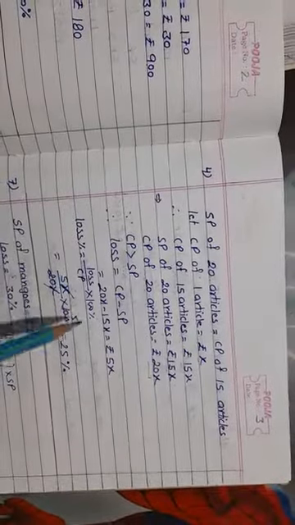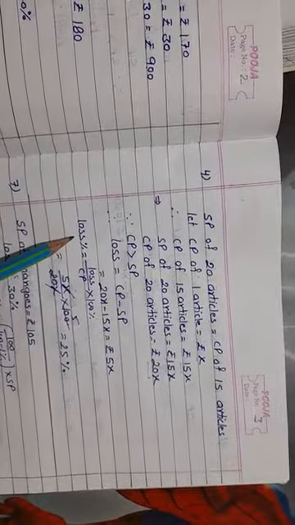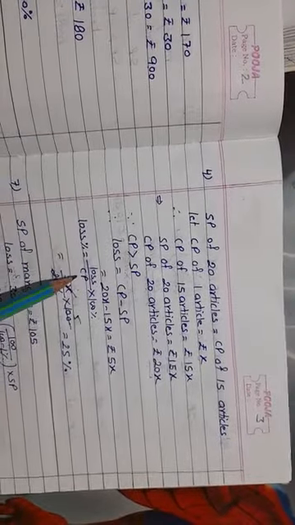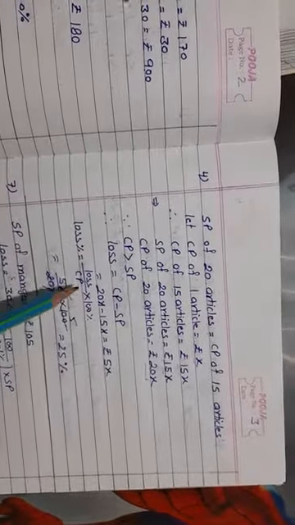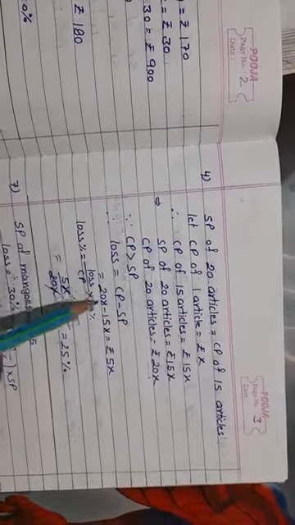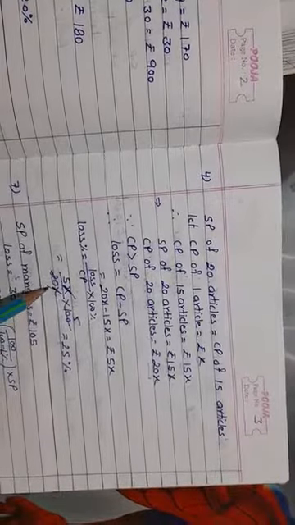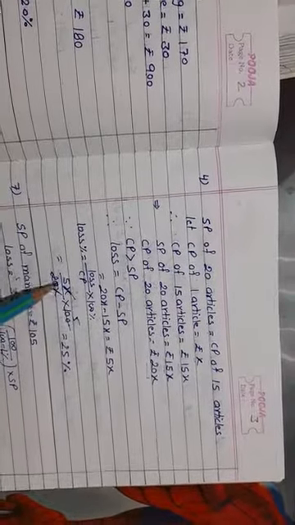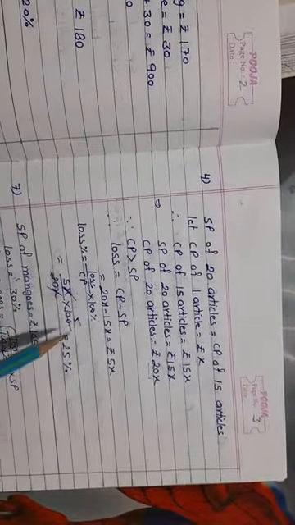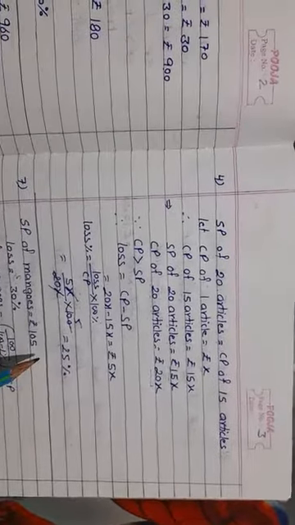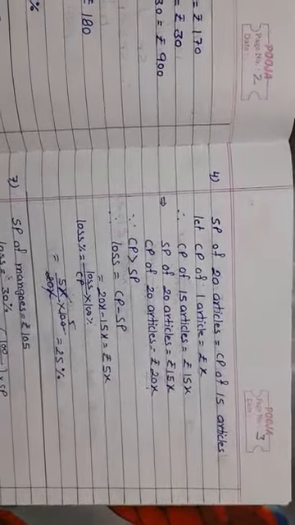And now we have to convert this loss into loss percent. And the formula is loss upon CP into 100. The loss is 5X and CP is 20X. X will be cancelled. 20 5s are 100 and 5 5s are 25%. That is the loss percent.